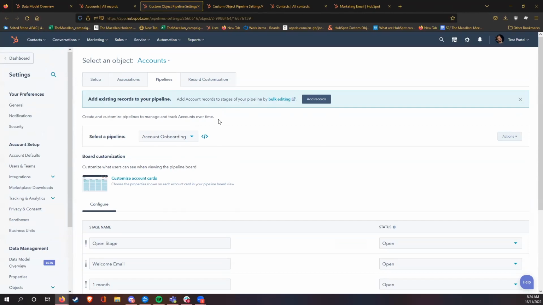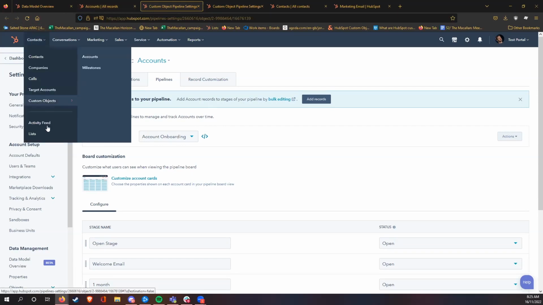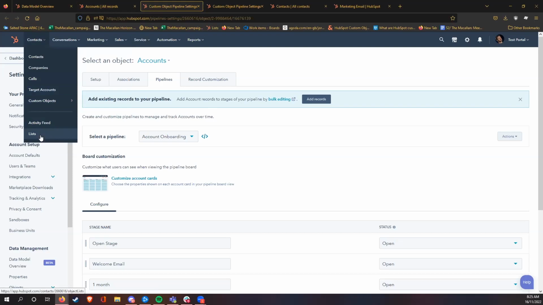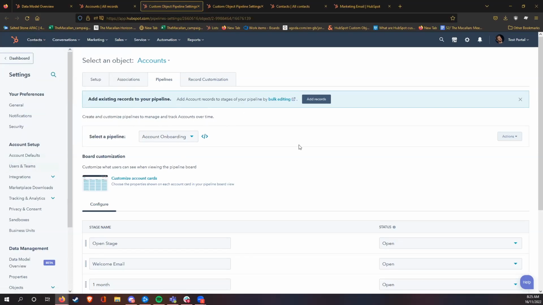But more importantly as well, it gives you the oversight into that information. You can associate that with other contacts. You can create lists based off of consumers that have an account that's at the renewal stage, or have an account that's at that 6-month stage, or have a new account. All these sorts of things you can trigger and have lists based on your custom objects. So it's a really, really powerful tool that enables you to level up your CRM strategy and